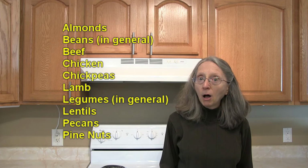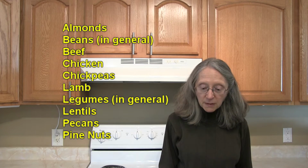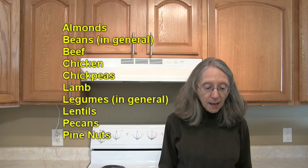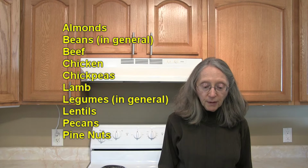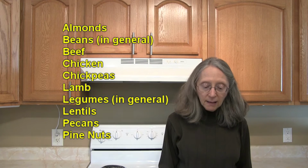In the proteins category, and that includes legumes, nuts, and seeds, we have almonds, beans in general, so basically beans of all types, beef, chicken, chickpeas, lamb, legumes in general, lentils, especially red lentils, pecans, pine nuts, pistachios, pork, tahini,